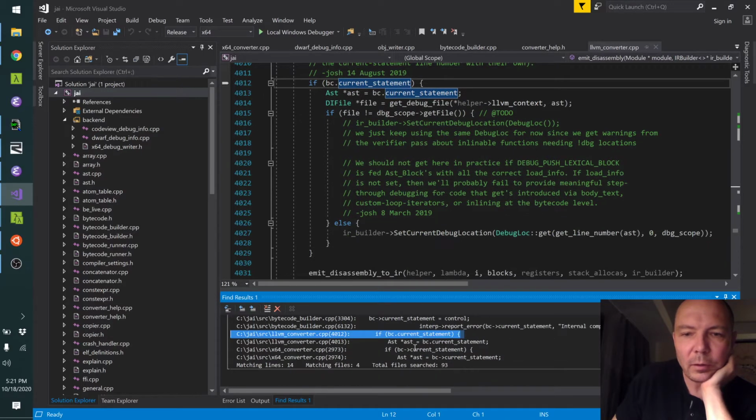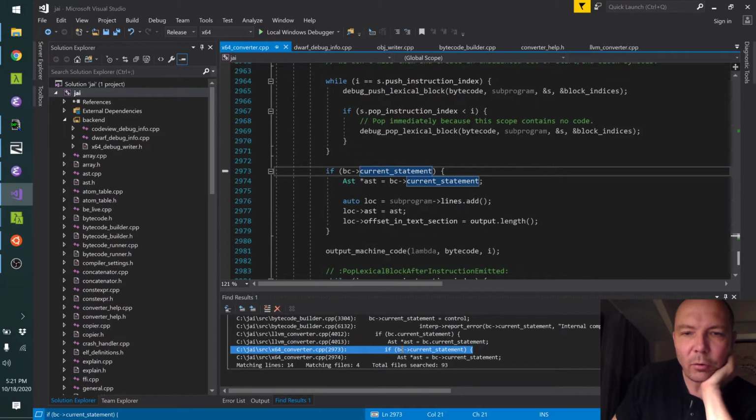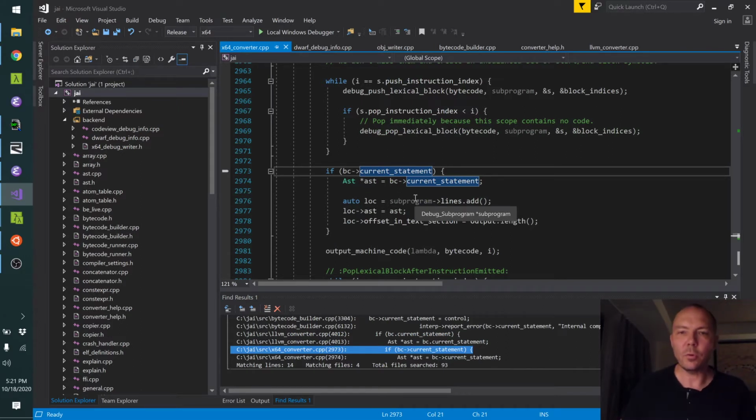And then down here is the loop we were just looking at. So what I would like to do is the following. All we need to do is somehow tell the backends, oh, this statement corresponds to this range of program counters, or for the LLVM backend, this range of bytecode instructions. And we can do that